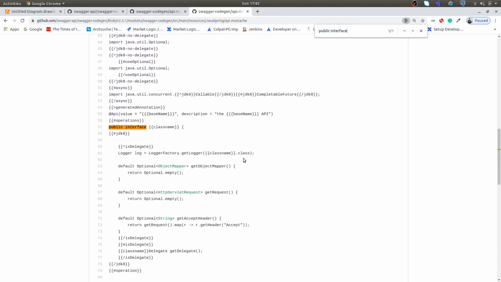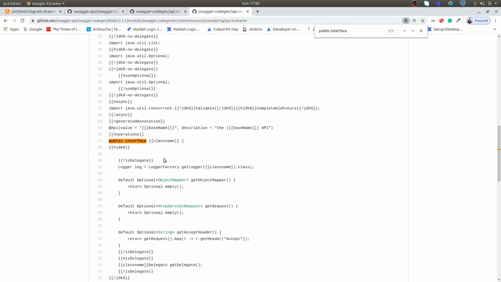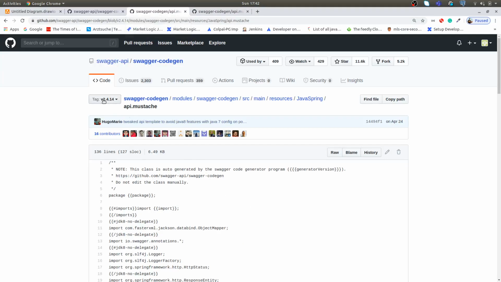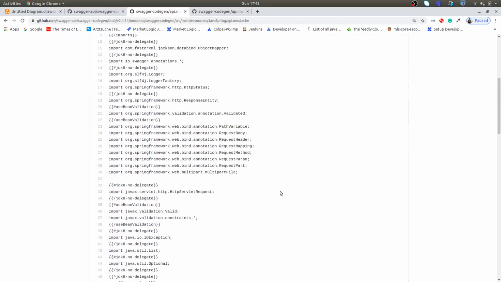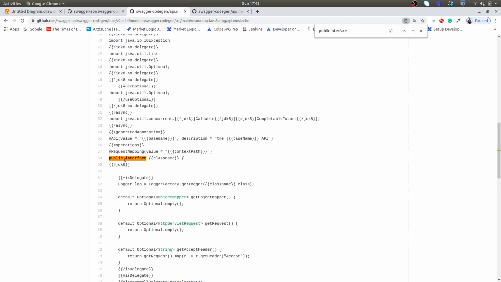So Swagger Code Generator sees public interface class name I need to use. It's an older version, but we are in the newer version 2.4, so I will start going here. So it sees public interface class name, and this class name it replaces in the runtime, taking it from the API definition.